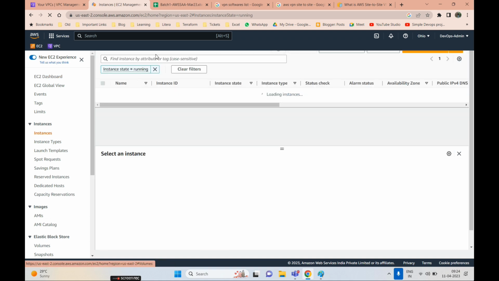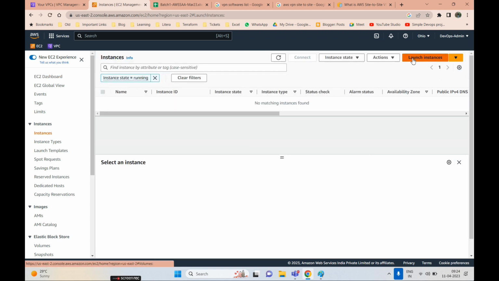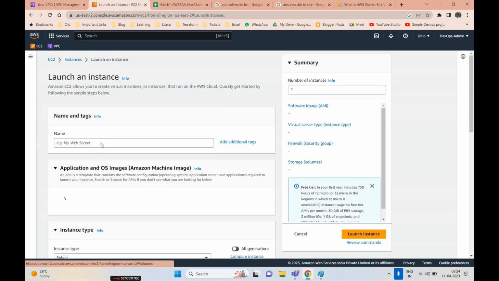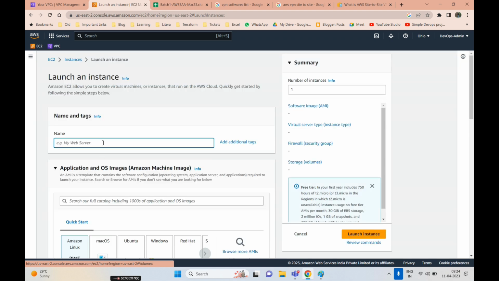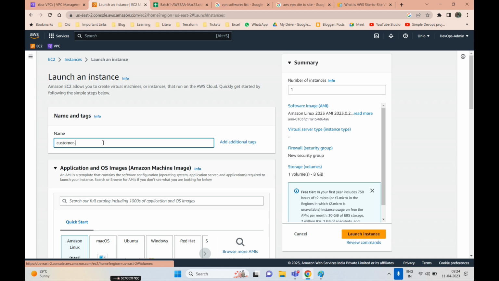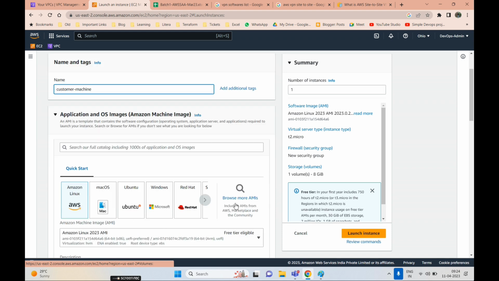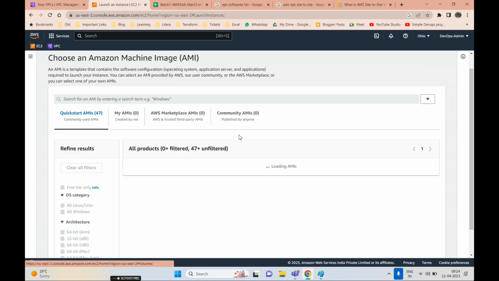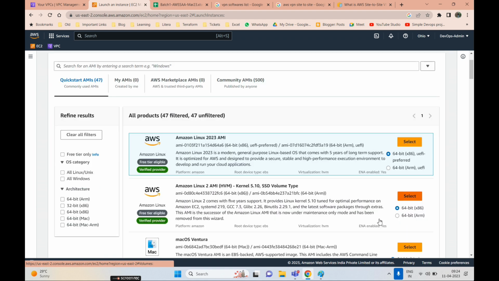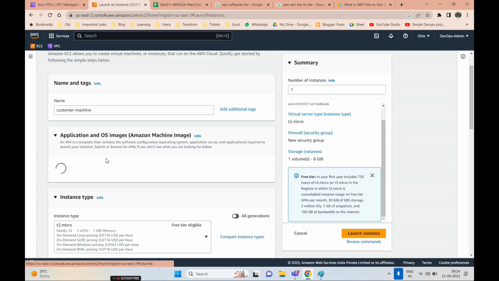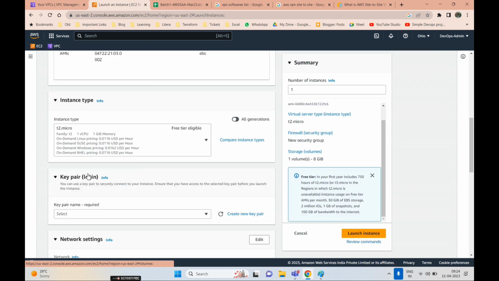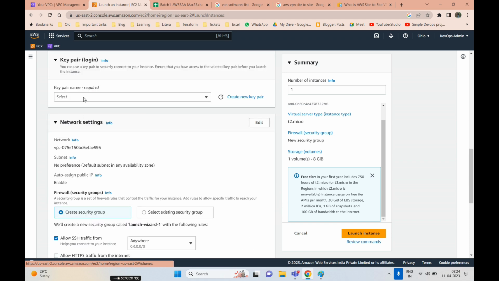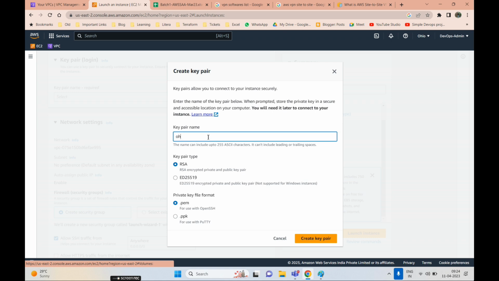Now whatever configuration we are going to perform next will be done at the AWS side only. So let's create a customer machine. Okay, let's create one Linux machine. Here I need to create one more key pair. So create a key pair, Ohio key. Okay, create